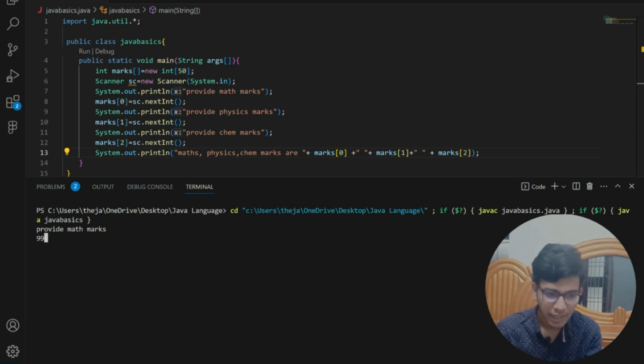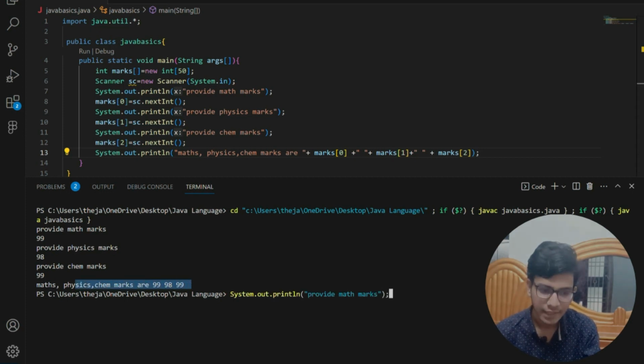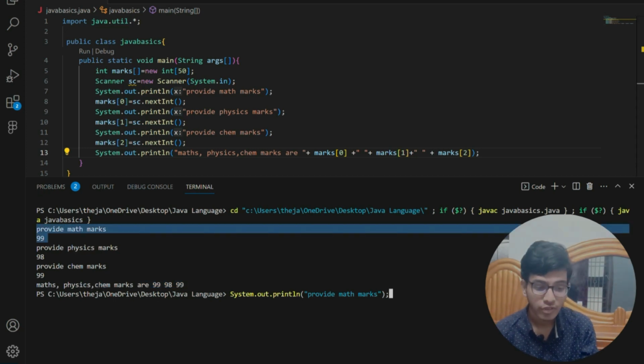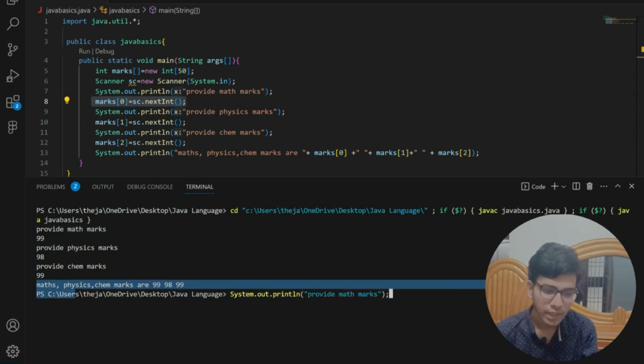Let me give max marks 99, 98, 99. So I can see that max marks, physics marks, chemistry marks are 99, 98, 99. So here we have taken the input from our user and assigned that particular value by accessing the index of my array. After that we have assigned the input given by our user to that particular element of my array. Now I have got the index for max, physics and chemistry, and finally I have printed the marks